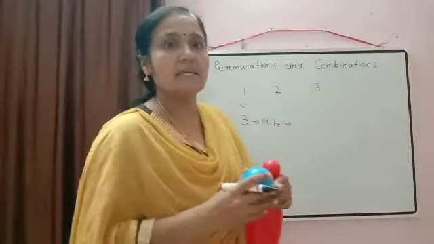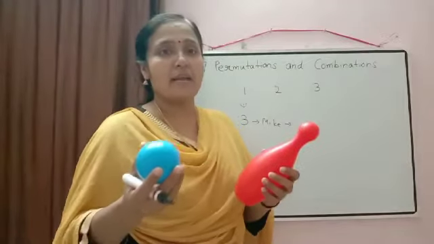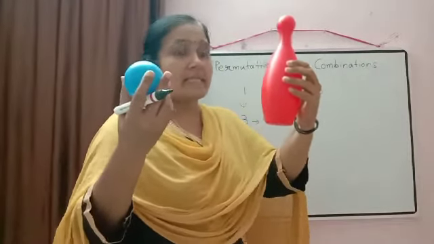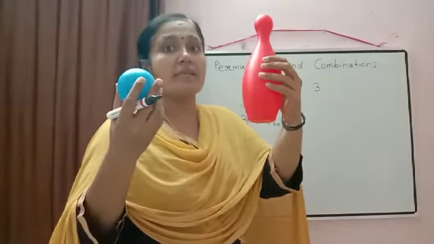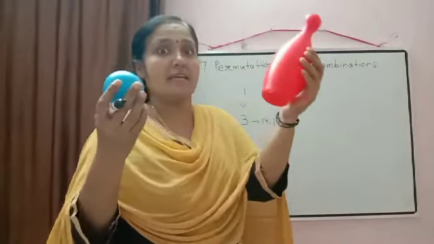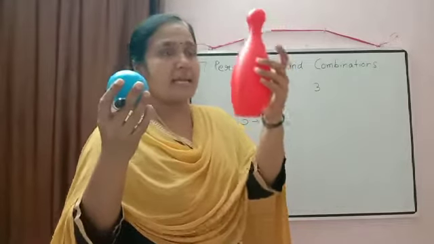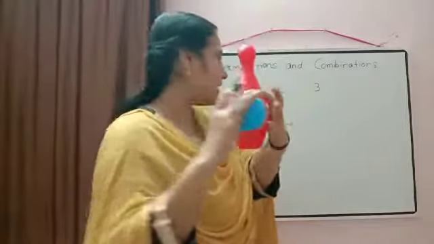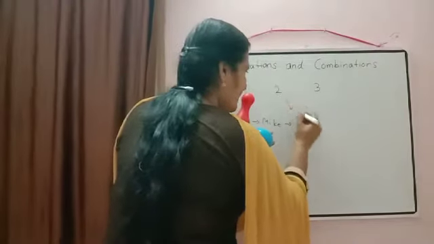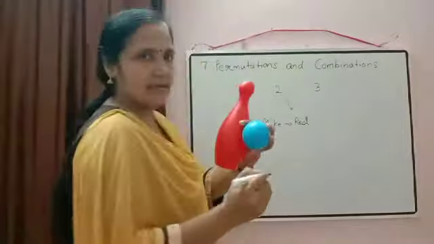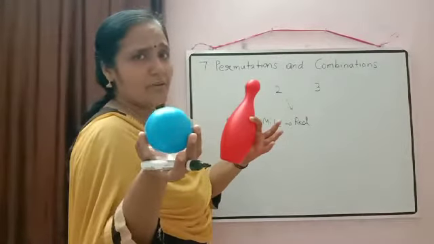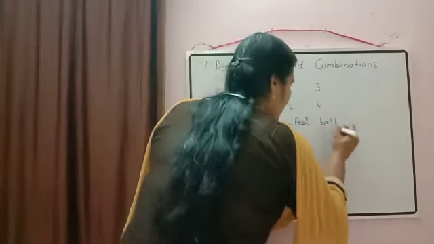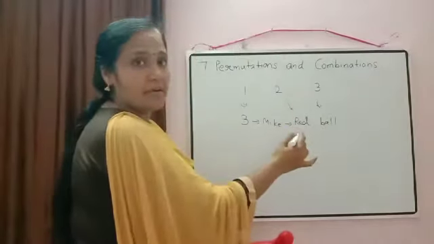Now, what are the options remaining for the next two children? Obviously, one will take this one and the other will take the other one. What are the options available for the second child? He has two choices, correct? The second child can select this one or this one. Suppose the first selected the mic, the second child selected the red one, and obviously for the third there are no other options. He will select this ball. So the third child selected the ball. This is one possibility only, correct?